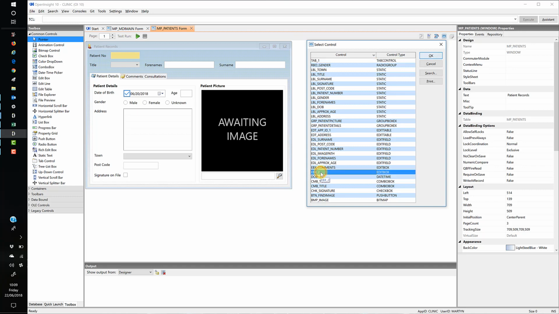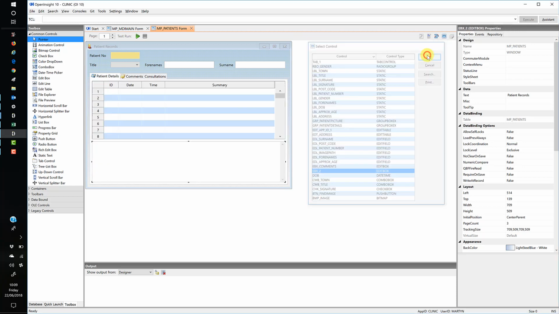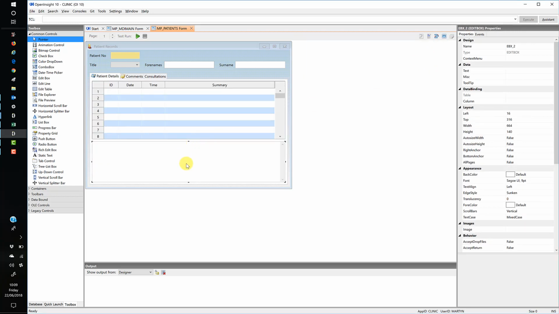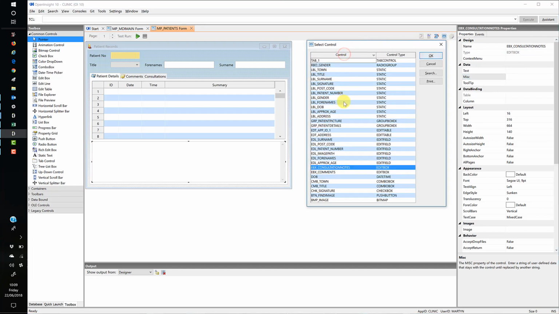Now you can see down here straight away I've got an edit box for comments and I've got an edit box 2, which I'm not quite sure what that is. So if we do an OK, then it jumps to this edit box here. So I obviously have dropped that on at some point, haven't named it properly, so we'll get rid of that and we're going to call this, we're actually on the consultations, so I'm going to have this as consultation notes, I think. And then we can come back over to here, put them all back in order again,